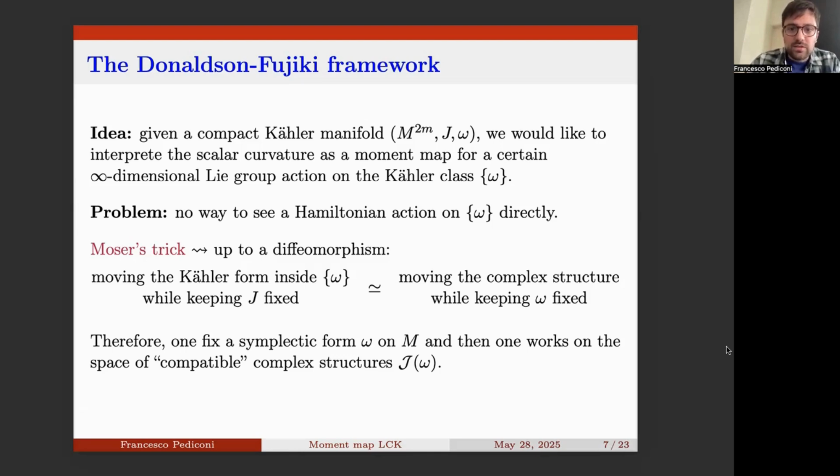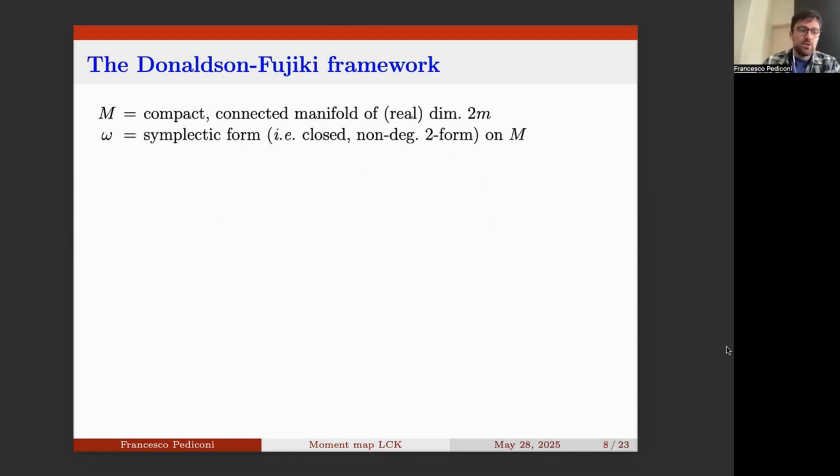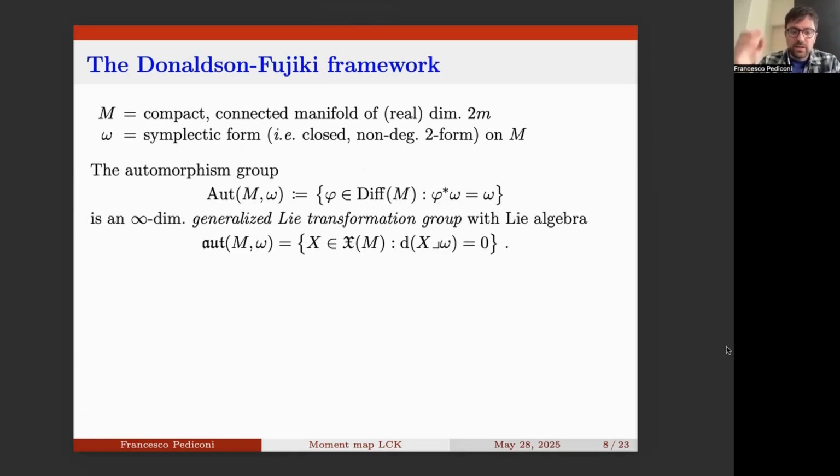So actually, the construction of the Donaldson-Fujiki framework goes like this. You fix a compact connected manifold M of real dimension 2m, and you also fix on M a symplectic form omega, which is again non-degenerate and closed. And then you can consider the automorphism group of this structure, which is made by those